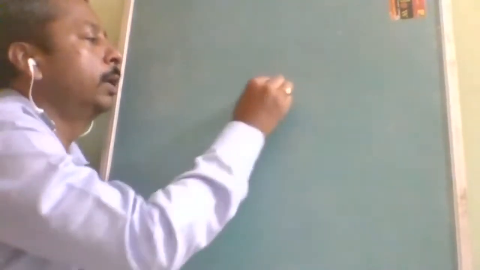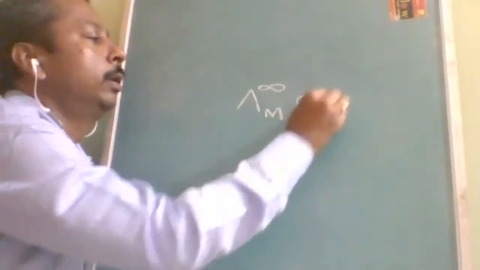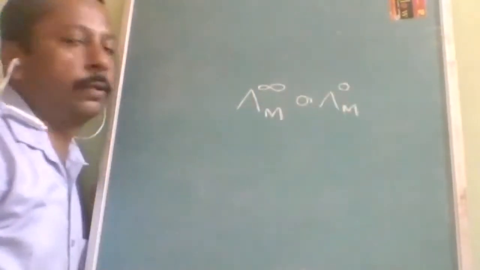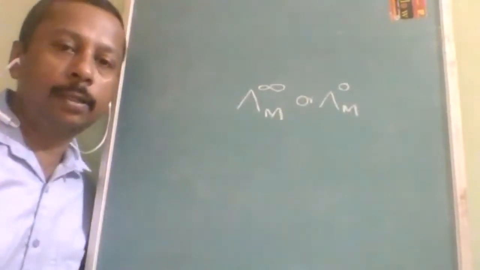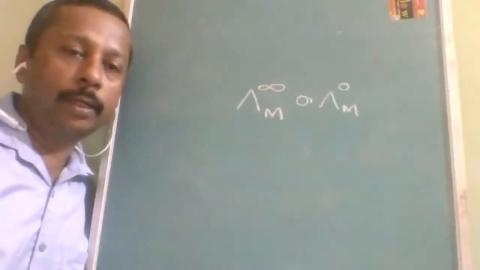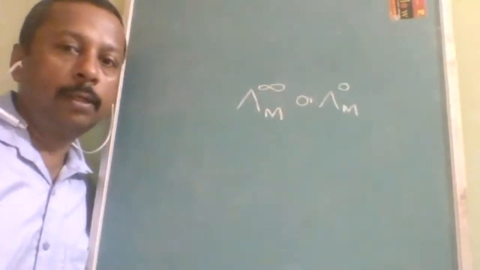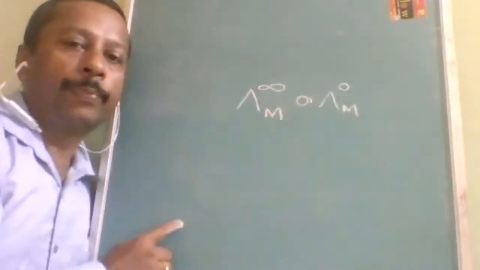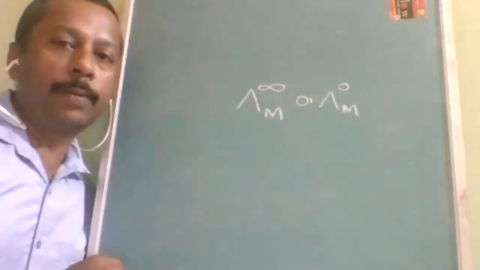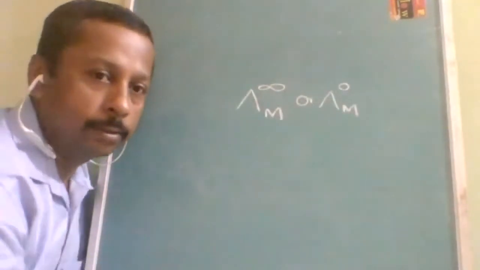Till that day, weak electrolyte molar conductivity at infinite dilution could not be determined experimentally, and neither by the graphical method. Why is it not possible experimentally? Molar conductivity at infinite dilution means molar conductivity at zero concentration. Zero concentration means the solute is zero. Without dissolving the solute, how can you find out this conductivity? So experimentally this was the problem. Graphically, it becomes parallel to the y-axis. That's why it is also a problem.